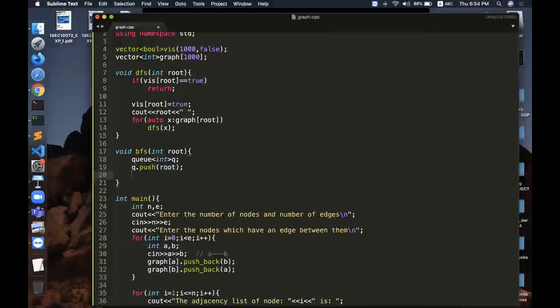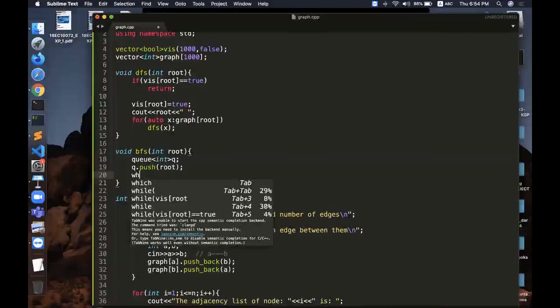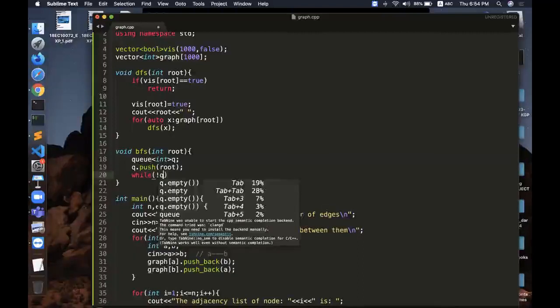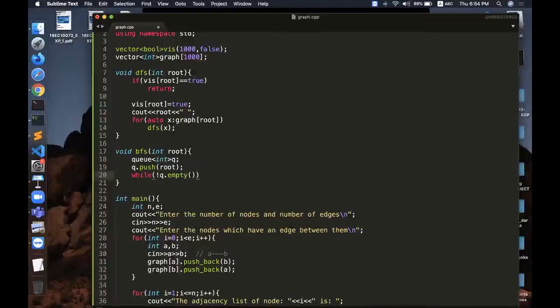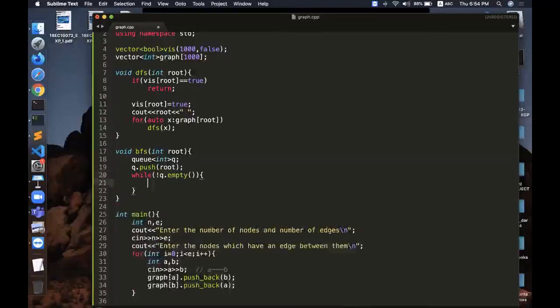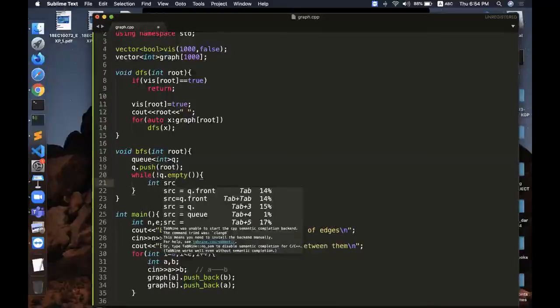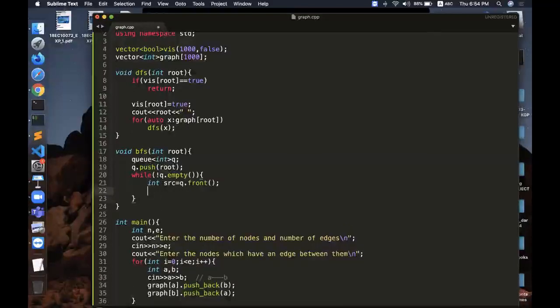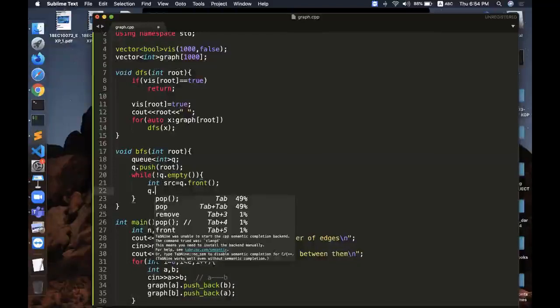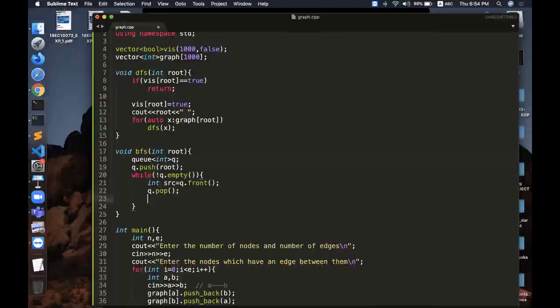Then what I try to do is traverse through this queue until it becomes empty. As long as there are elements in my queue, I can keep on traversing the queue. Let us say this is my source node, which is at the front of the queue. And then after finding the source node, I simply pop this element from the queue.